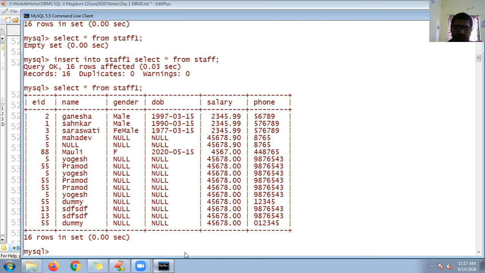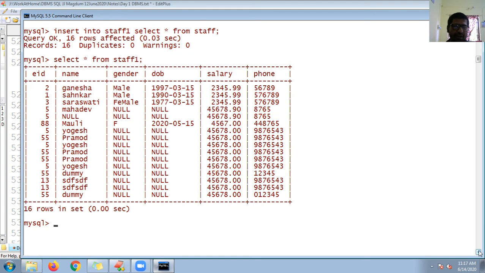Let me try that one more way of creating a table and copying. So create table staff new or staff 2 by using the as clause. Select star from staff.